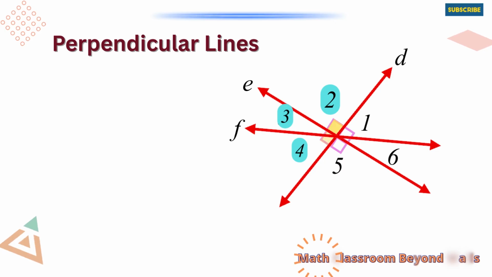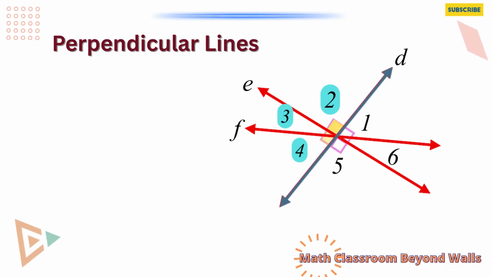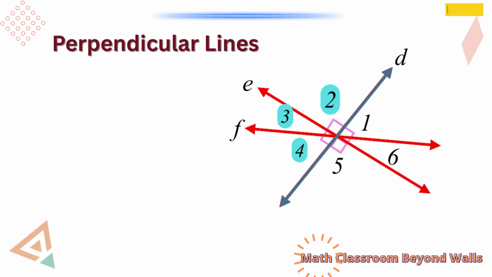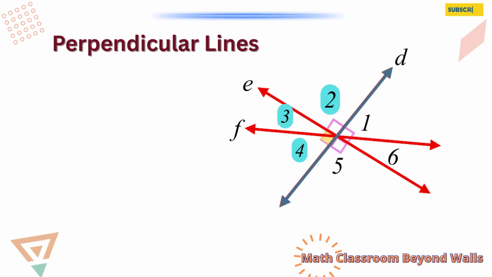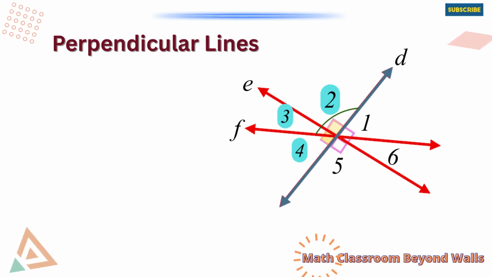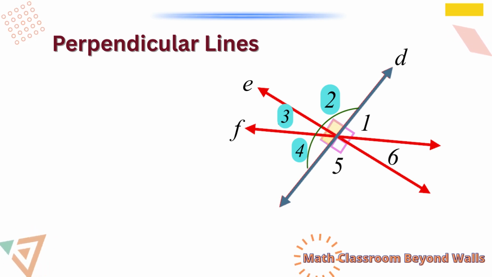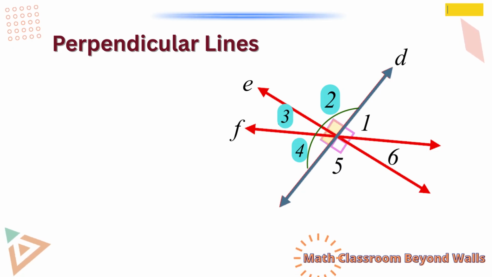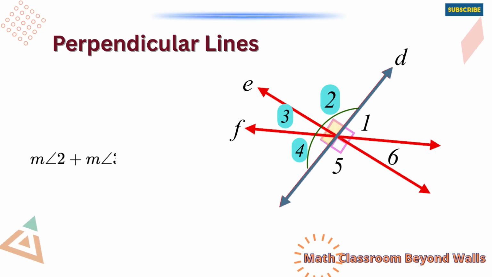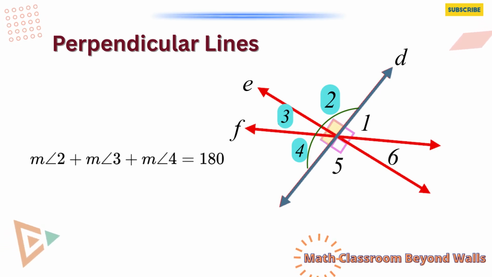Take note that all these angles are on one side of line D. Okay, the measure of angle 2 is 90 degrees. On the other hand, the measures of angles 3 and 4 add up to 90 degrees. What is now the measure of the three angles? Okay, so the measures of the three angles add up to 180 degrees. Did you get that, learners? That is, the measure of angle 2 plus the measure of angle 3 plus the measure of angle 4 equals